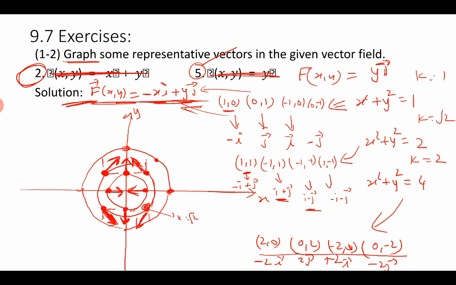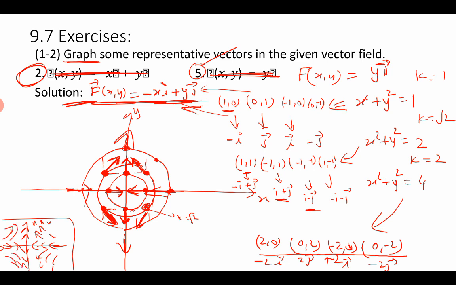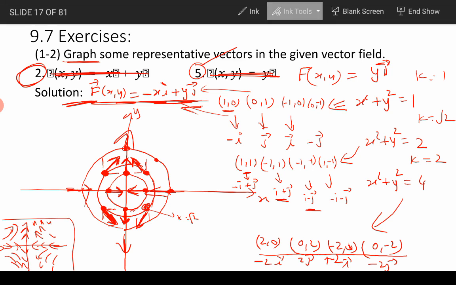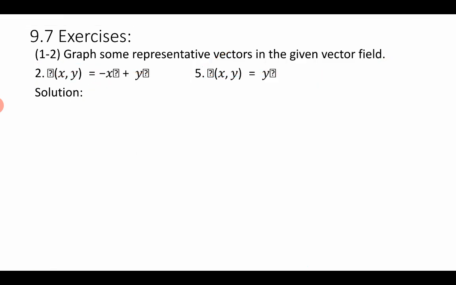When you draw the vectors, one will be in this direction, another vector in this direction, another in this direction, and in this direction. Roughly, if you see, the vector flow will be like this. Here all vectors are moving this way, here it is moving this way, here it is moving this way, isn't it? So a rough idea of the graph has been drawn. Now I will show the original figure drawn using the software. So that is it.